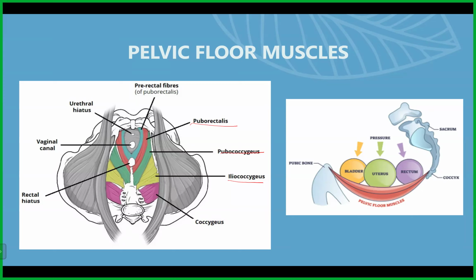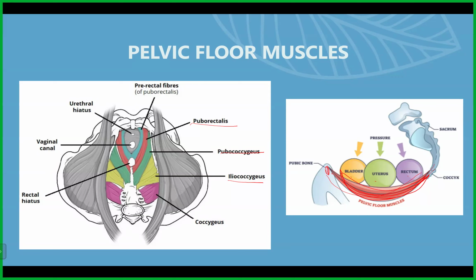So what is the function of the pelvic floor? Its major function is to separate the perineum from the pelvic cavity. Along with that, it helps hold all your abdominal organs, as you can see in the picture: bladder, uterus, rectum. All of this is held by this one single sling of muscles, which is your pelvic floor muscles. I am not going into detail of the origin and insertion, but most of it starts from the pubic bones and ends in the coccyx. If you want to know about any muscle in detail, you can ask me. But since most of you are in third year or have finished your UG, I'm assuming that you know the origin and insertion.